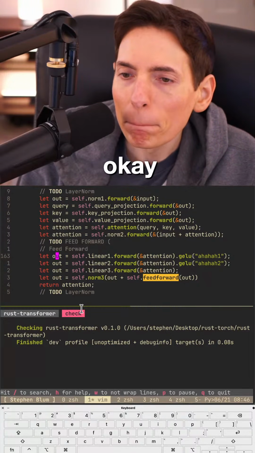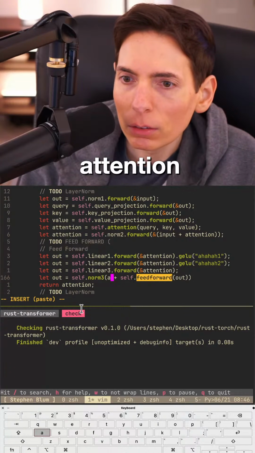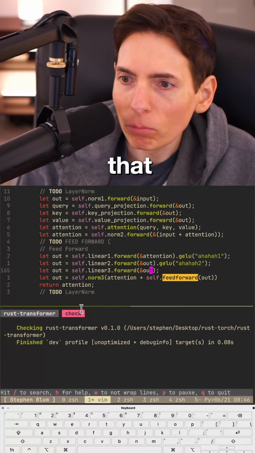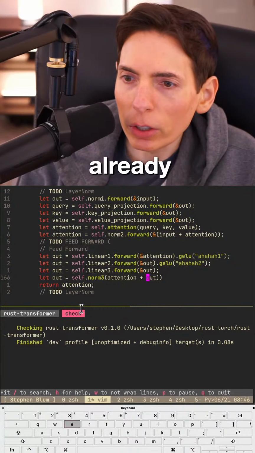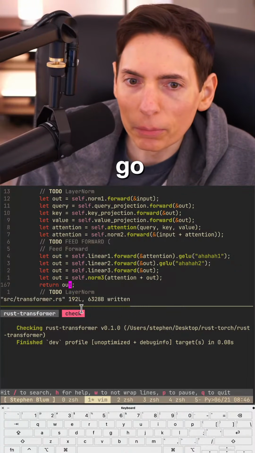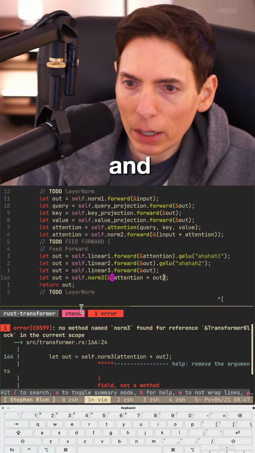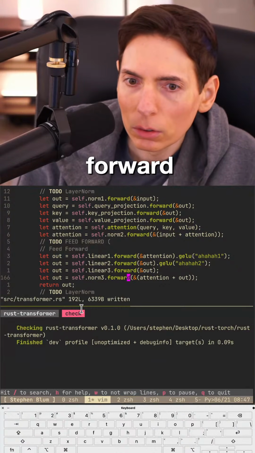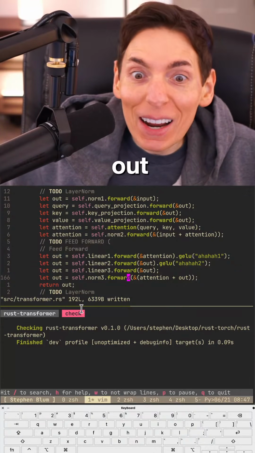Oh, okay. So what I would like to do is say attention here, and then this is out like that. Okay. And then we do out because we already did the feed forward here. That right there. Okay. Out. Here we go. All right. We can fix that now. Ampersand. Oh, wait. This and dot forward. Perfect. Green. Hey, look at that right there. I don't know if that's good or not. We're going to find out, though.